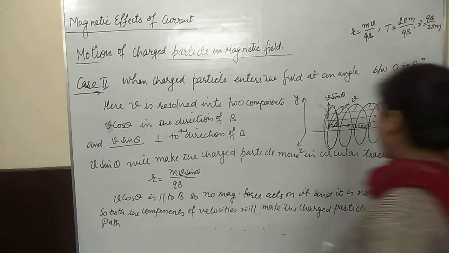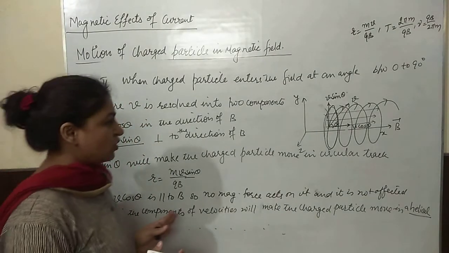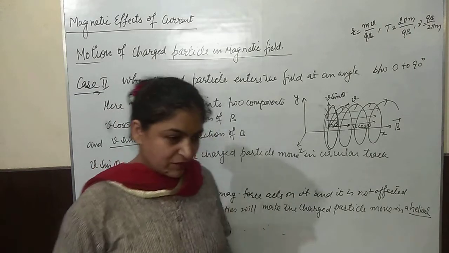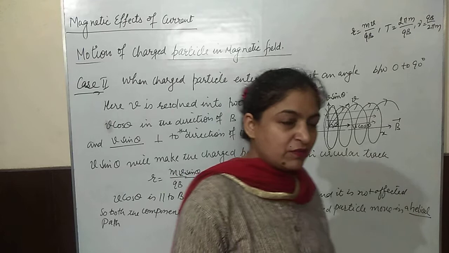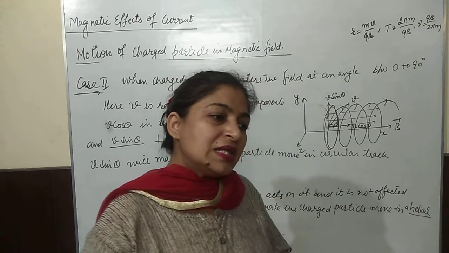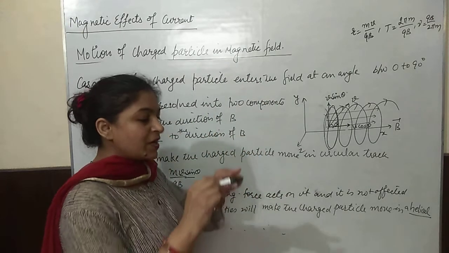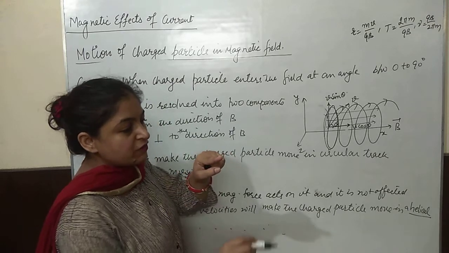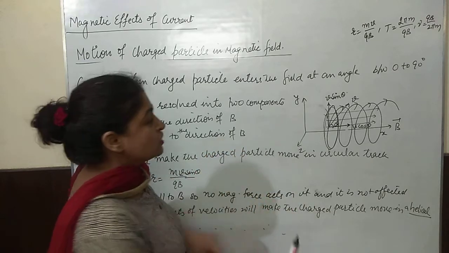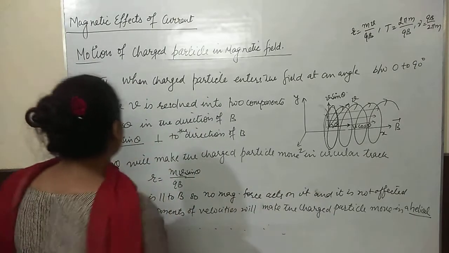Now, a helical path is there. We can find out the pitch of this motion. What is the pitch? Pitch we have already discussed in the experiment when we did the screw gauge experiment. We have seen what pitch is. Pitch is the linear distance covered in one revolution. So here also you see the particle has started from here and it is going in the forward direction also. So what linear distance is covered in one full revolution? That is the pitch. So how can we find the pitch? Pitch can be calculated using the formula